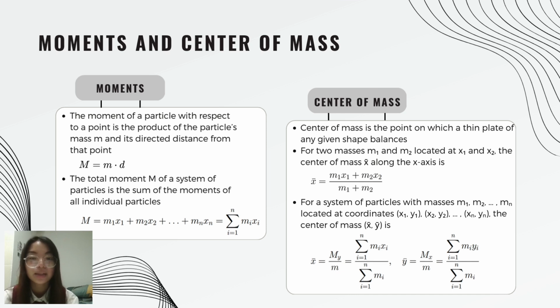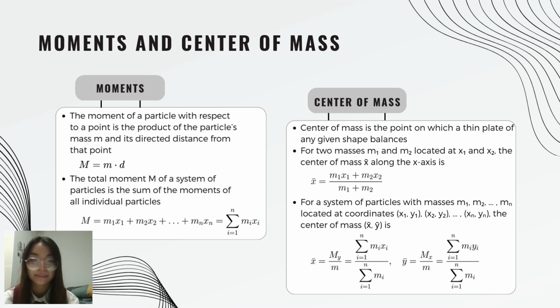The center of mass is the point on which a thin plate of any given shape balances. For two masses m1 and m2 located at x1 and x2, the center of mass x bar along the x-axis is equal to m1 times x1 plus m2 times x2 divided by m1 plus m2. This essentially means that the center of mass x bar is equal to the total moment M divided by the